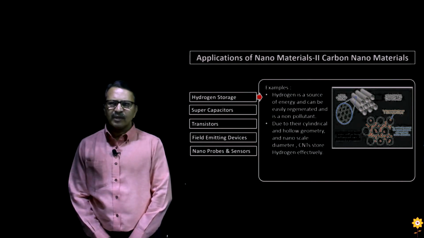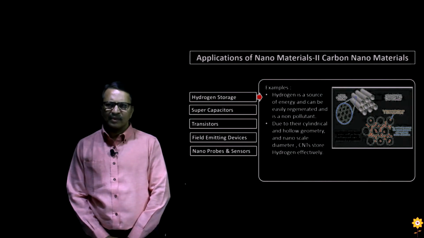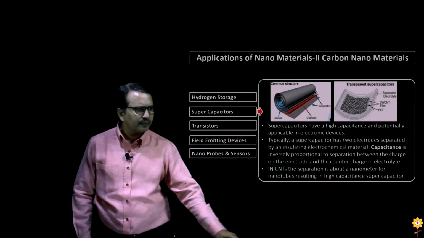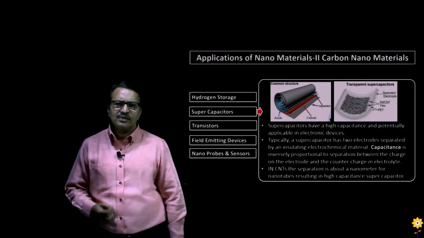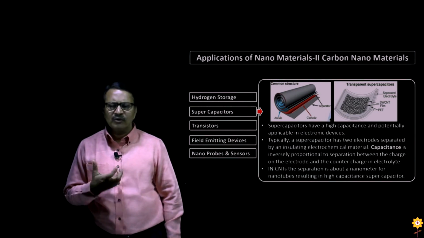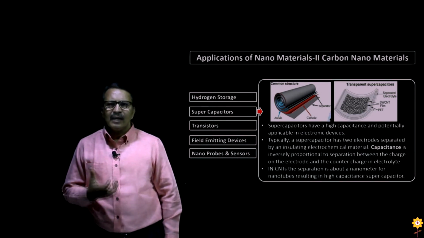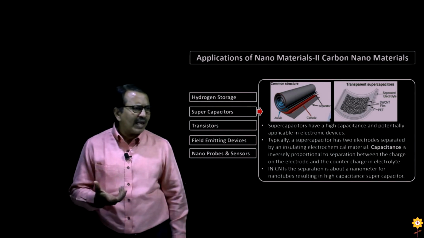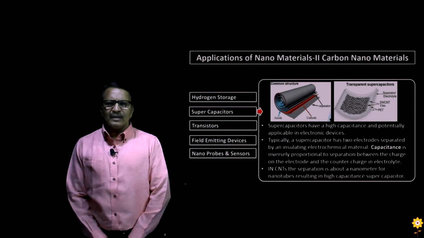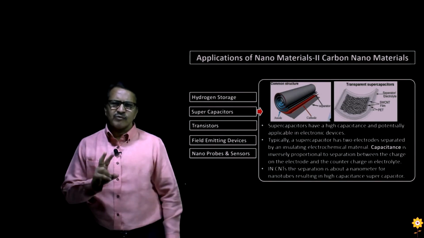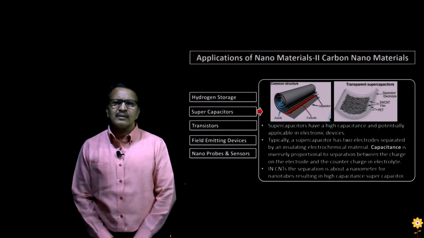Another application of carbon nanotubes is in the development of supercapacitors. So, what is a supercapacitor? As the word indicates, it will store a large amount of charge. The quantity of charge that is stored by it is quite large, and this can be used in several electronic devices. Now, a capacitor comprises two electrodes,